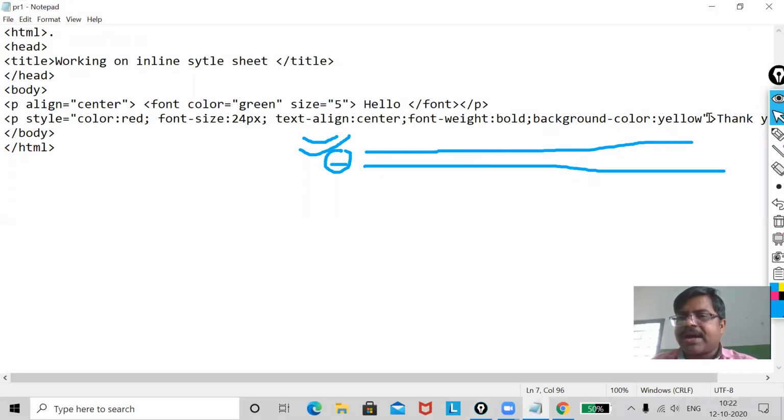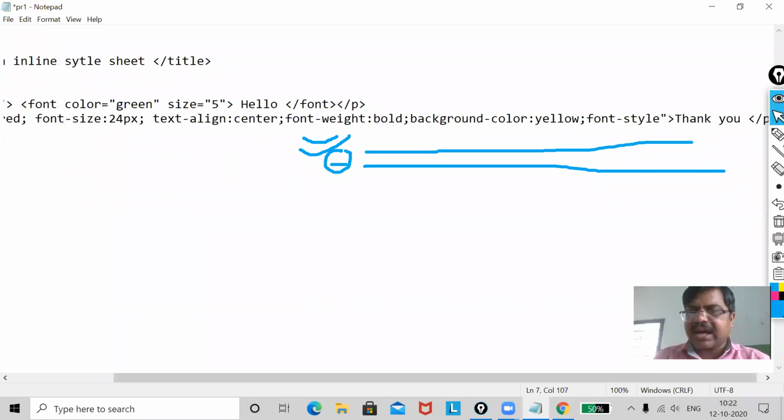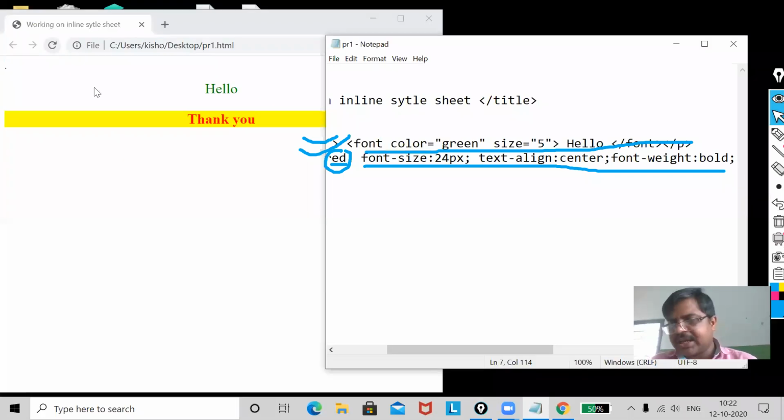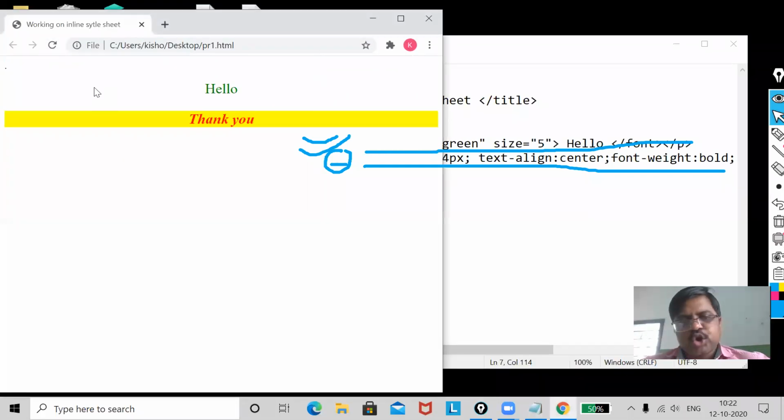Now, some more I am going to add. Okay, yellow. Suppose I want italics. So what will I use here? Font, and then dash, and then style, and then colon, and then italic. Okay. Now I'm going to save it. Now, whether it is italic or not, italic it is. So you can apply different formatting effects on your tags. I hope you have understood all these topics, my dear.